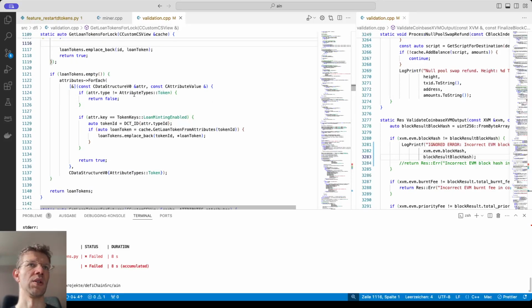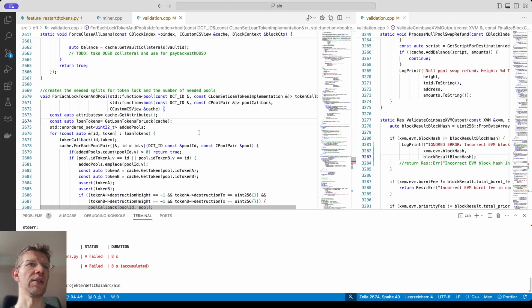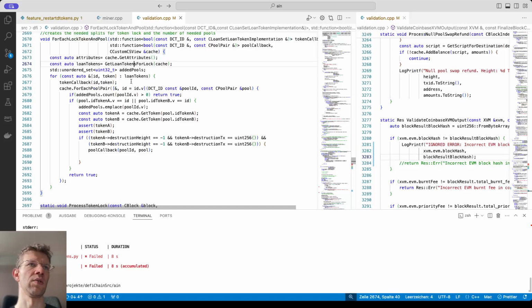And here we go through the attributes where loan minting is enabled. Then I convert it out. And yeah, so I get all the loan tokens and then iterate over all the loan tokens. On the one hand, for each loan token, I do the token callback. And then I go through all pool pairs and check, did I already report that pair pool? If yes, just ignore it. And if not, I check if this current loan token is in this pool. If yes, I add it to the reported pools, or checked and reported pools,